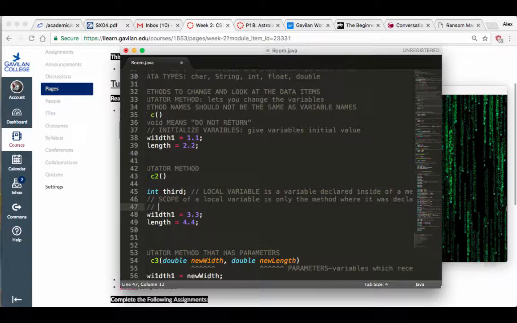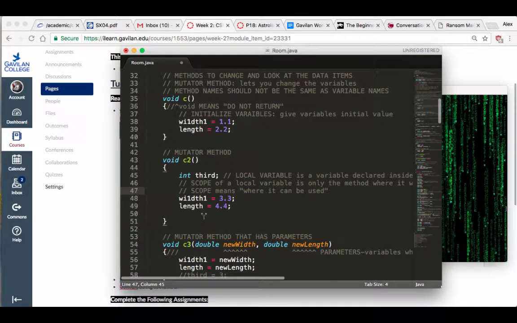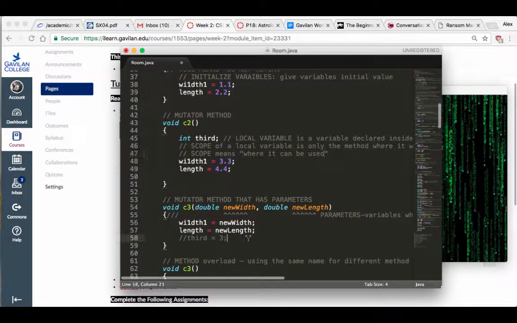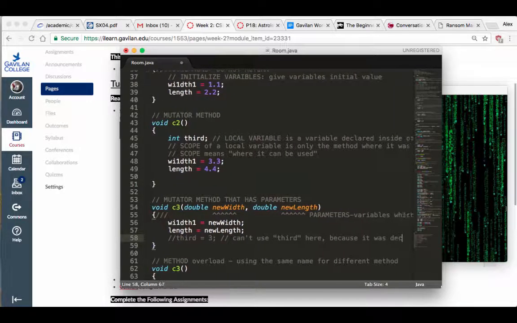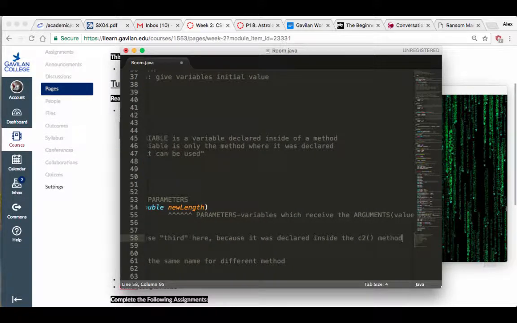And scope means where it can be used. So if I declared it here, it can only be used here. I can't go and try to use it there. Right, can't use third here because it was declared inside the C2 method,